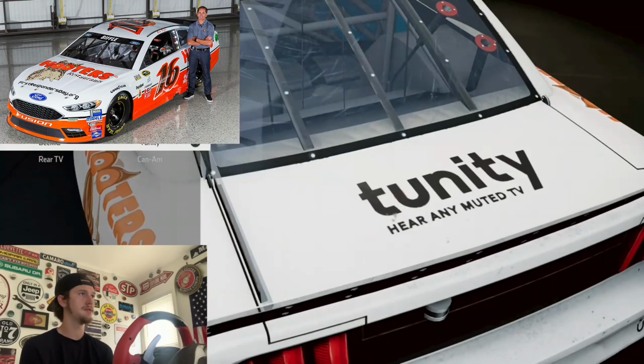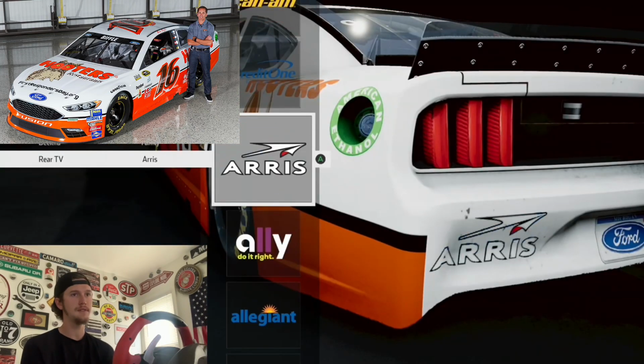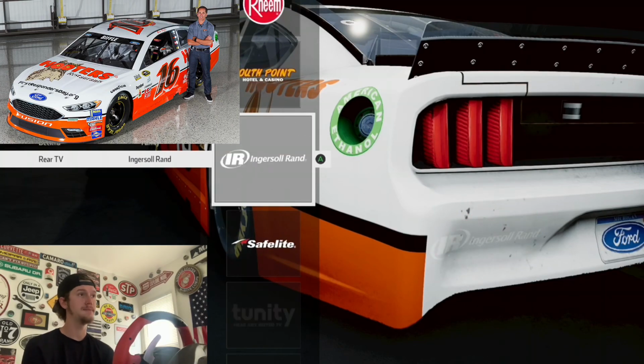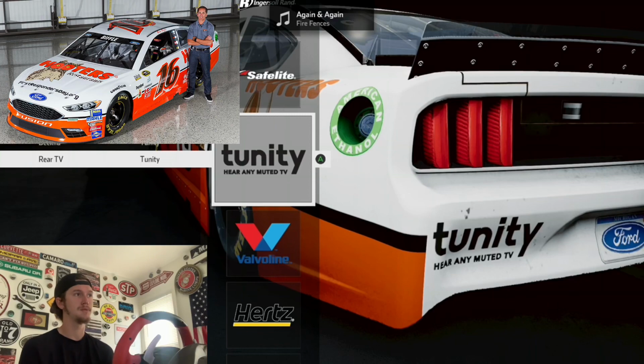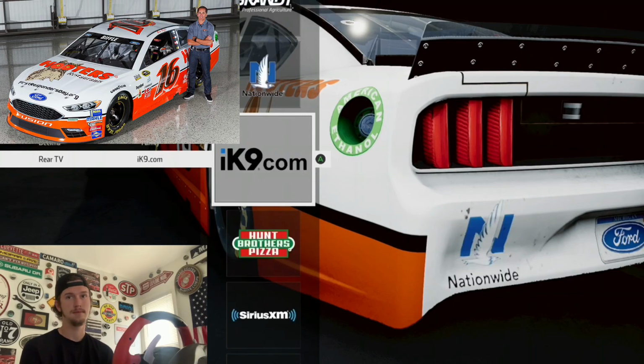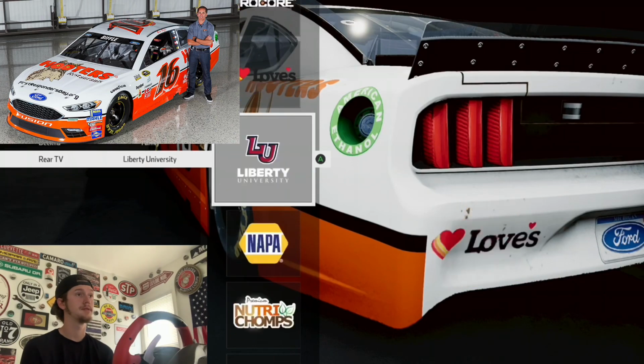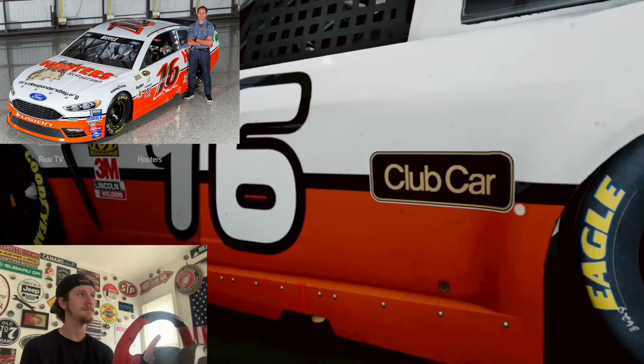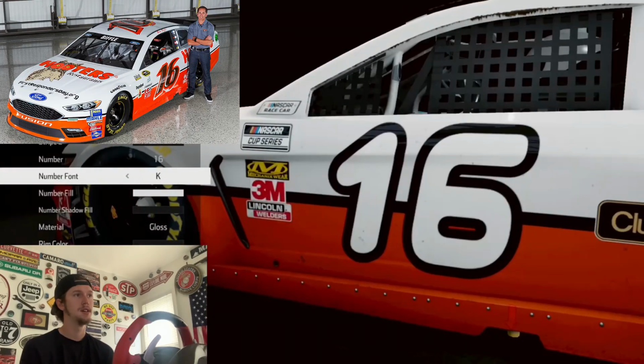Because honestly, if you were to run this, people would know obviously it's a Kawicki paint scheme, but the right person will know. The right person will know that the Biff ran this. We're gonna throw Hooters on the back there. I think I might change